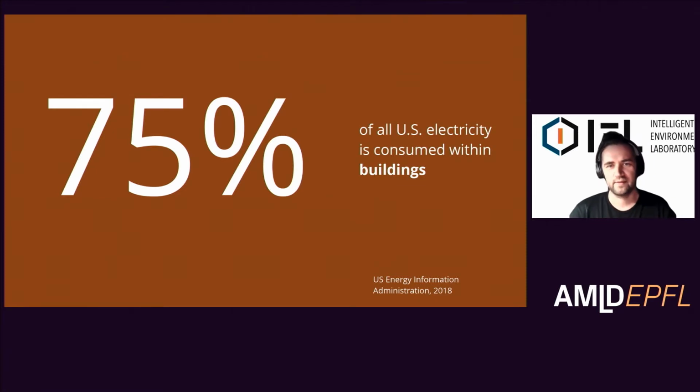A few things that I like to throw out every now and then. When it comes to buildings, we just have to make ourselves clear that they use a lot of energy. This is from the US EIA, and it is for the US particularly, but it's not far off from any other place. Especially when we're talking about the general sustainability strategy, which is to move everything to electricity, heating, cooling, and then decarbonize the grid. So we will use more and more electricity. So it means we will need more and more generation, or think about how we can use the energy more sustainably.